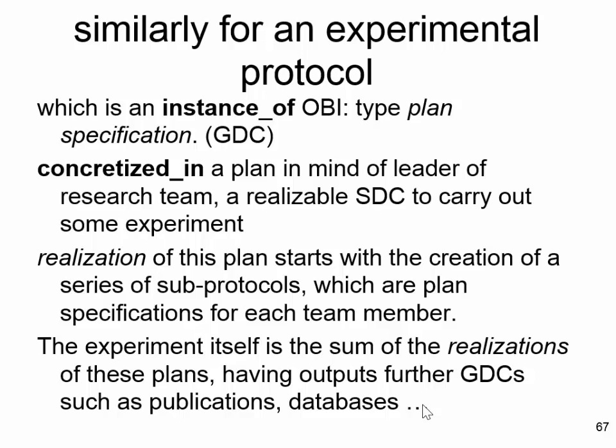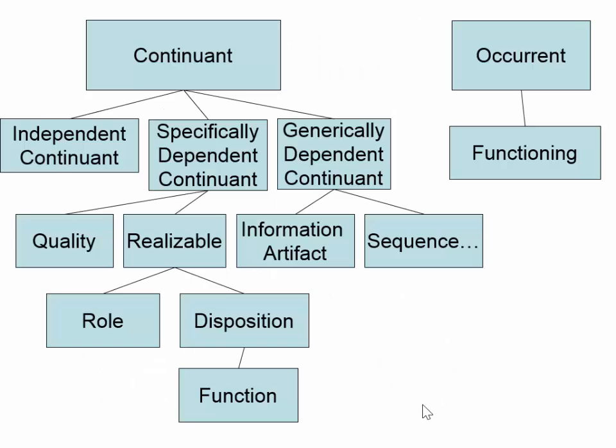And it has outputs which are generically dependent continuants in the form of publications, databases, and so forth. So now we're down to here. We have specifically dependent continuants. We have generically dependent continuants, which are information artifacts and sequences. Functionings are realizations of functions, and things like experiments are realizations of plans, which are dispositions which are concretized, which are